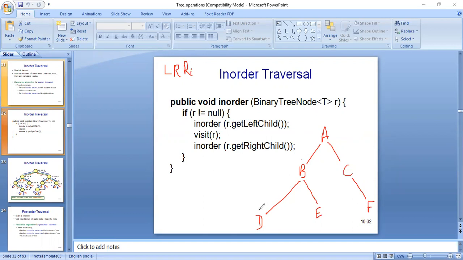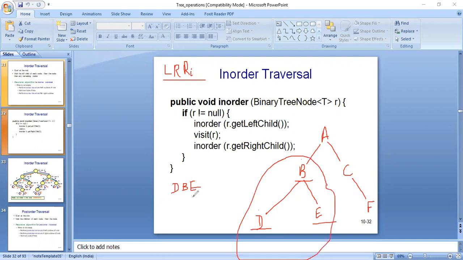B is left, extreme will be D. Okay? So we will process D first. Afterwards, this is left and this is root. Remember the sequence, left, root, right. So left is D, root is B, and right is E. Okay? So we have processed this subtree. This is done. So left is done.